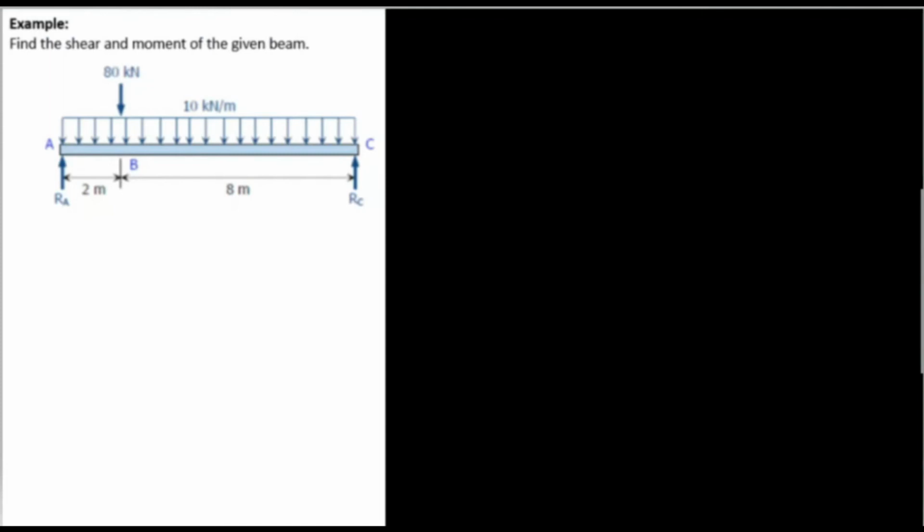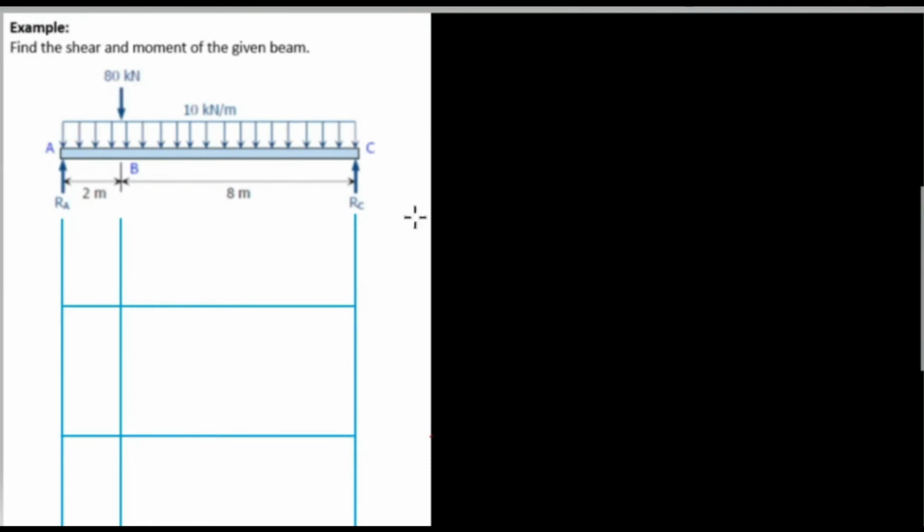Another example, find the shear and moment of the given beam. So we have a beam from A to C with a uniform load of 10 kilonewton per meter and a concentrated load at point B, which is 80 kilonewton, and a reaction at A, or RA, and a reaction at C, or RC. So now we have a diagram and we identify this first as shear,